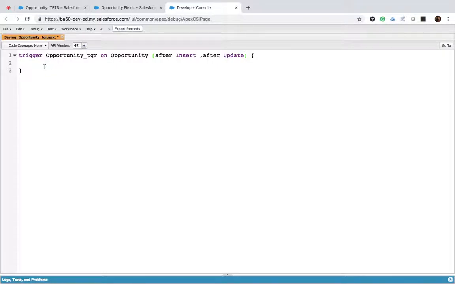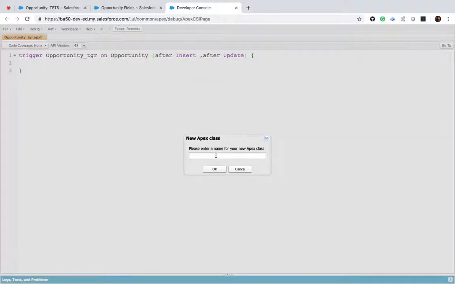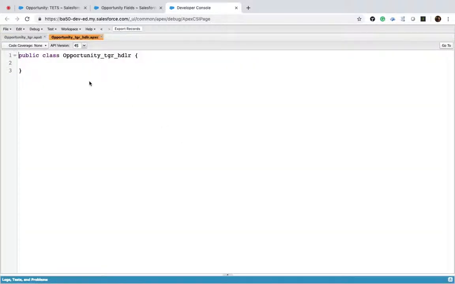Can we write the code inside the trigger, or do we need to write it inside Apex classes? Yeah, you can also write it. You are allowed to write your business logic within the trigger. But as a Salesforce best practice, you are not going to do that. So we are writing an Opportunity trigger handler, Opportunity_TGR_HLR, trigger handler. Which method are we going to write? Public void